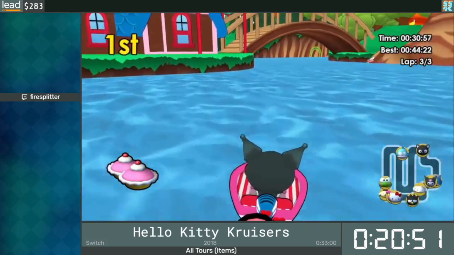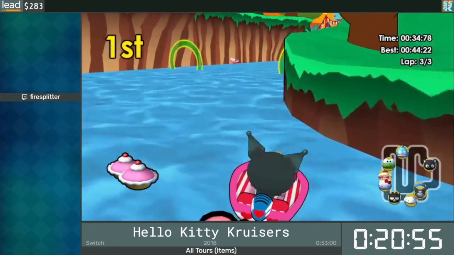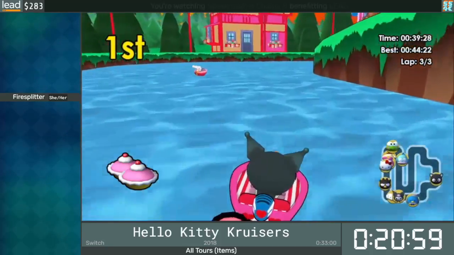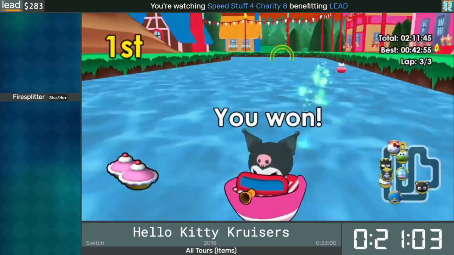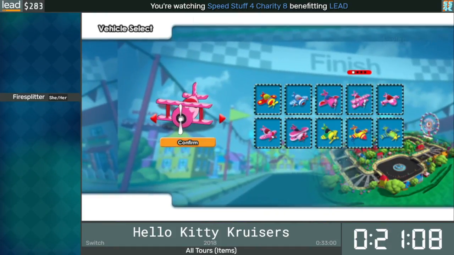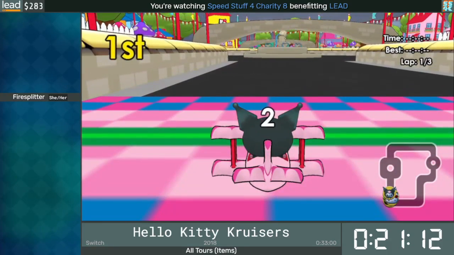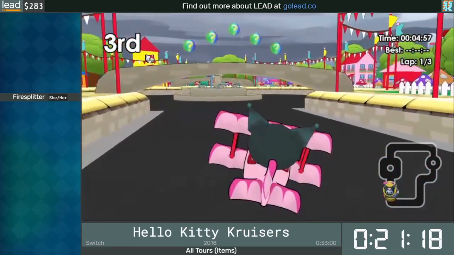So yeah, let's see here what we shall do. On this course there is a very interesting turn early on, where it looks like we might be able to get a boost circle that's a little closer. However, that's almost impossible to get. It is possible to get. I have gotten it in practice, but I don't feel confident going for it in a run. On this course, we've got to do the strategy again, because it's really beneficial to get a triple boost. We're going to stop here for a second